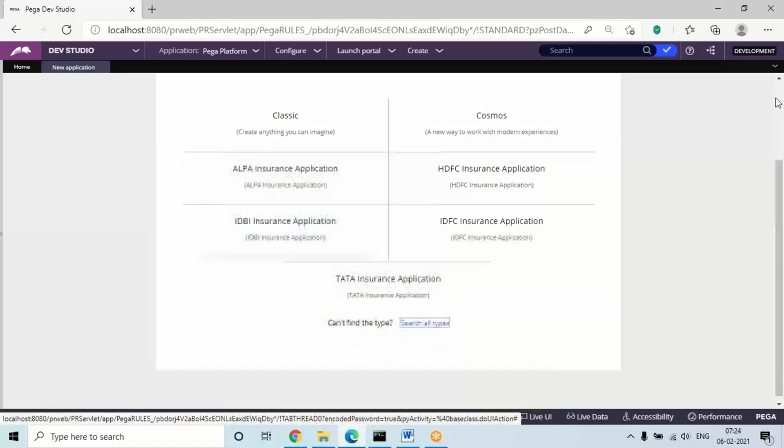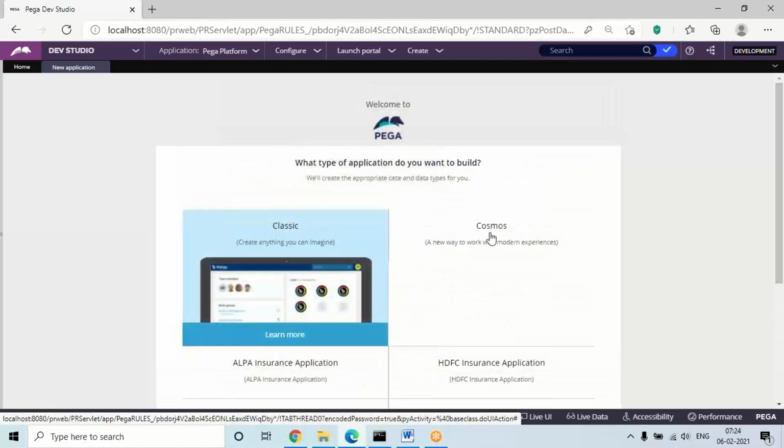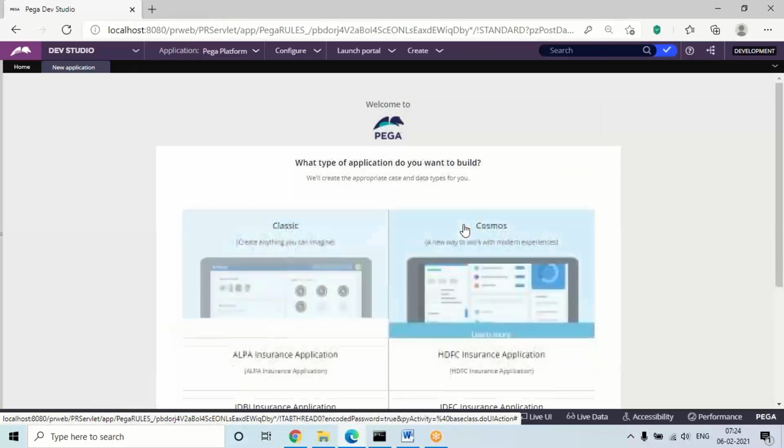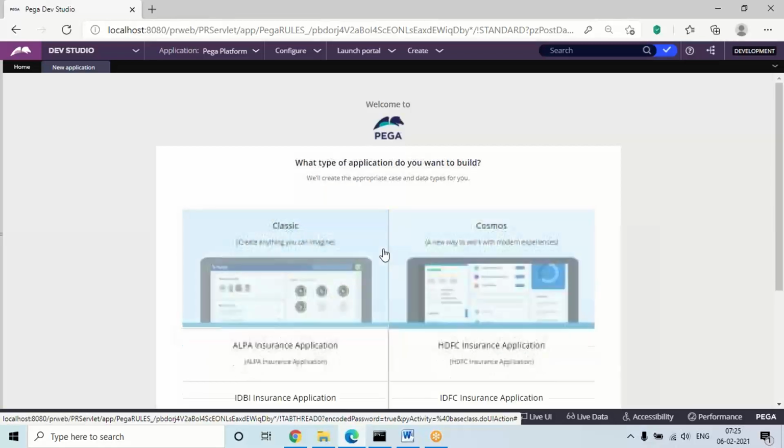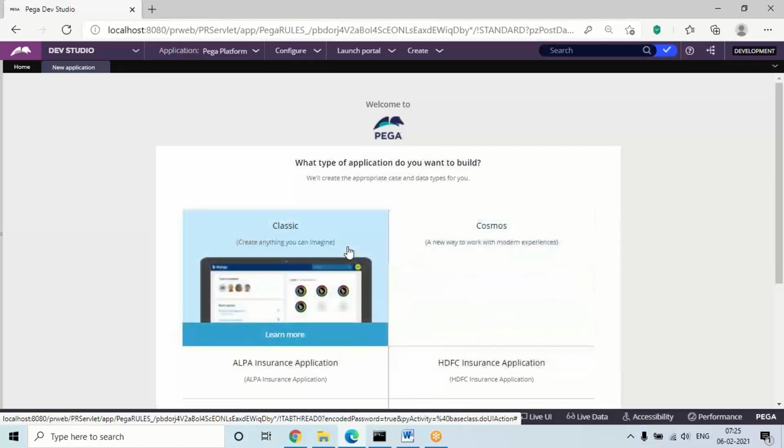But in your system, when you open this, you'll get only two options: one is Classic and one is Cosmos. In my system, there are some other applications, but in your system you'll get only these two templates. These two are just themes, we can say. Mostly we'll go with Classic only. If you're starting any new application creation, first we are going to add a user-defined framework. What we are creating here is a user-defined framework, so we need to click on this Classic option and continue with the screens.